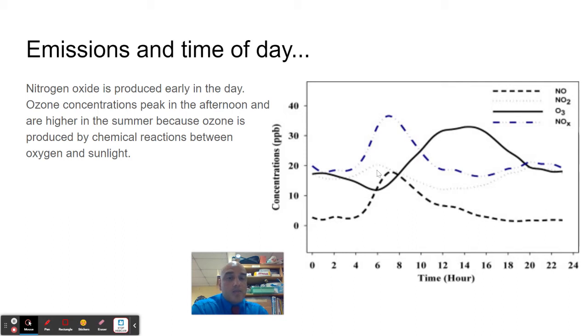So this would be like at 6 in the morning or sunrise. You're going to have higher concentrations of NOx, NO, NO2. And then later in the day, when it gets the hottest it's going to get in the whole day, typically from 12 to 2, that's going to be roughly where there's going to be the most ozone concentration. And so understand that nitrogen oxides peak in the morning, perhaps at sunrise, but the sun's power is not as strong as it is later in the day during ozone formation.